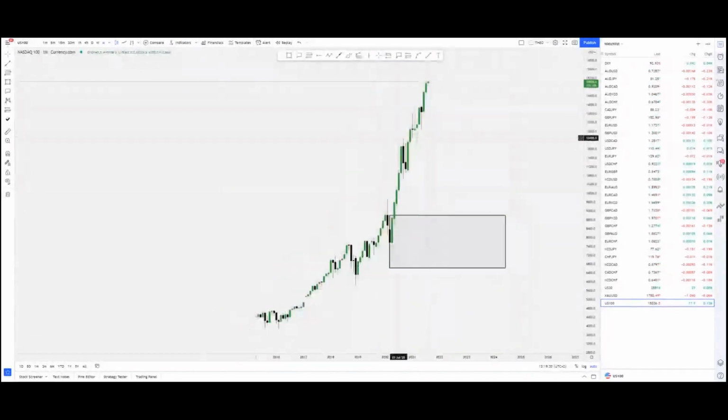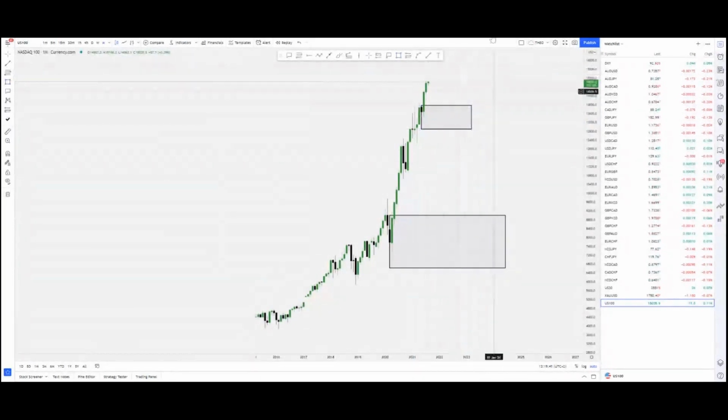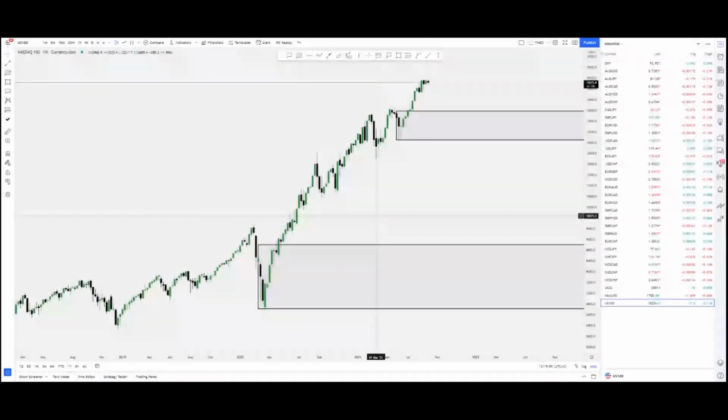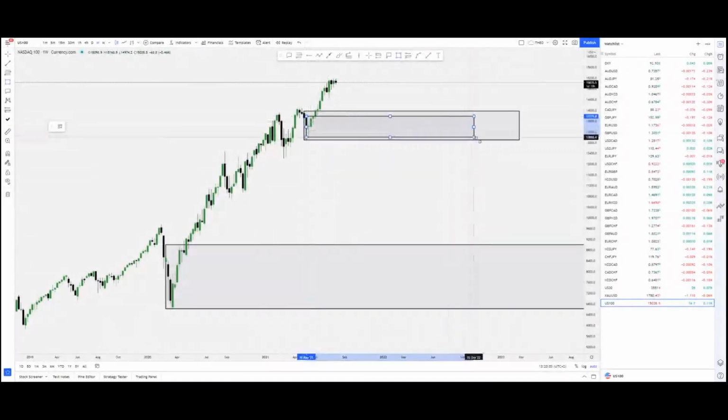But let's capitalize on the short-term perspective, which is we can see NAS, that's US tech, already broke an all-time high, and we can see an order block at the 13K to 12K region. When all-time highs break, there is no resistance anymore, so price is floating free. Floating free means a big bank can decide to just dump the Dow massively, and retail traders will lose money. This is another order block in the weekly time frame.